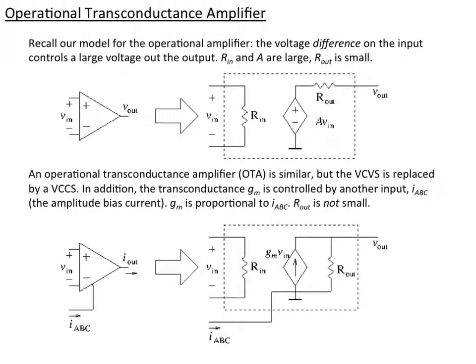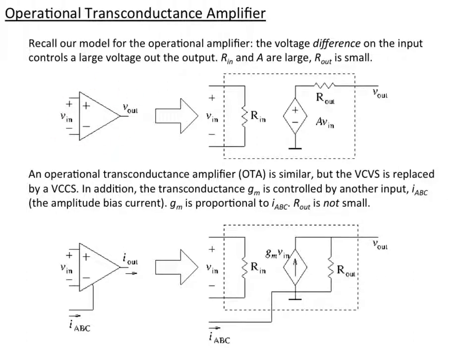In our coming study of amplitude modulation and in understanding a sample and hold system, it's useful to have a device, a linear device, called an operational transconductance amplifier. It's an op-amp whose gain is adjustable. So recall our model of the